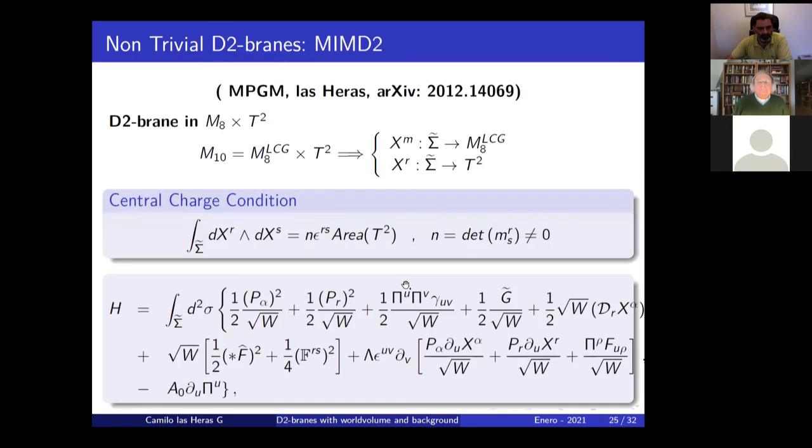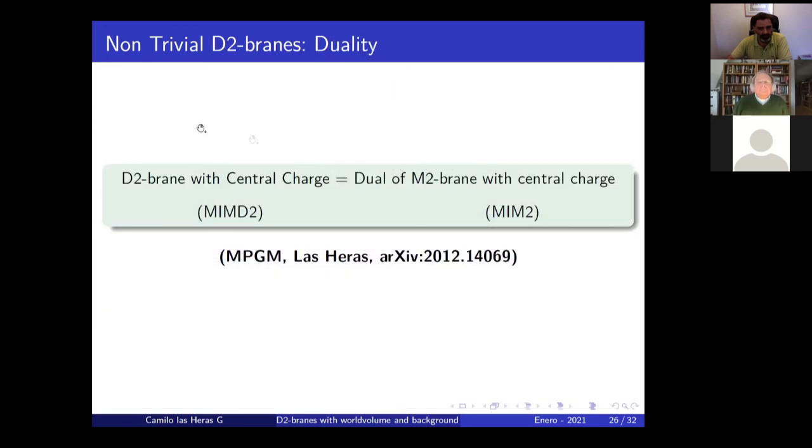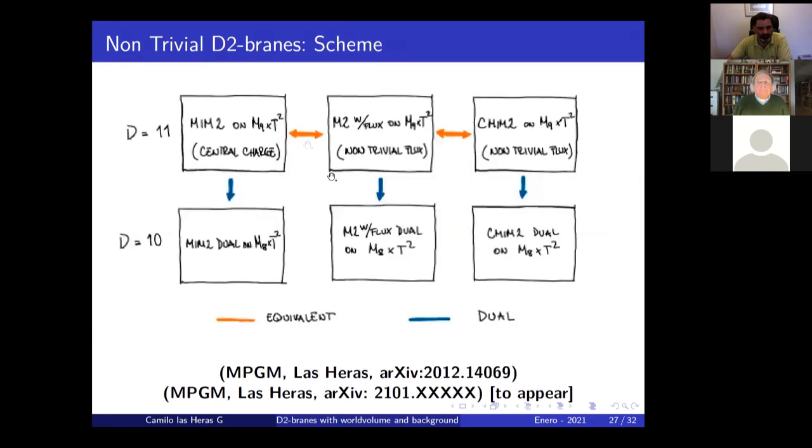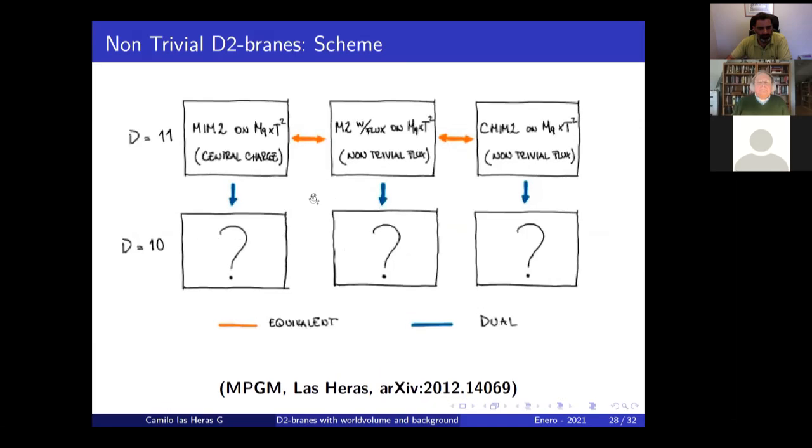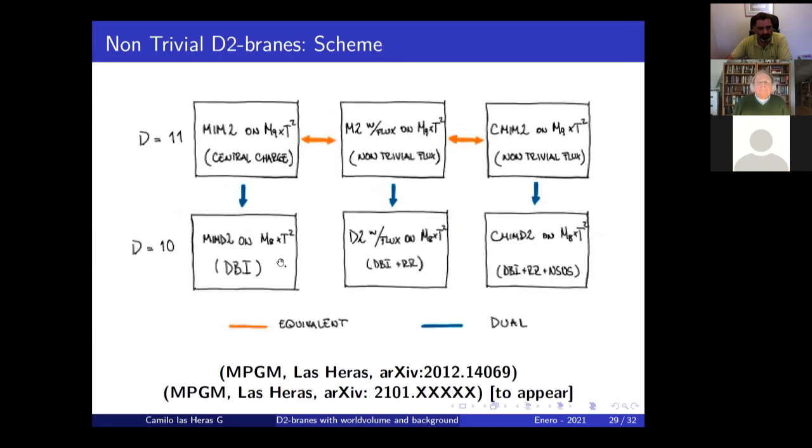And in the case that we have a central charge condition on the D2 brane, which is the same as saying a C-flux condition on the torus of the target space, we show that in that case the D2 brane is equivalent to the dual of M2 brane with central charge. So far, we found three non-trivial sectors of M2 brane theory. We found their duals, and we expressed their duals in terms of D2 branes with certain world volume and background